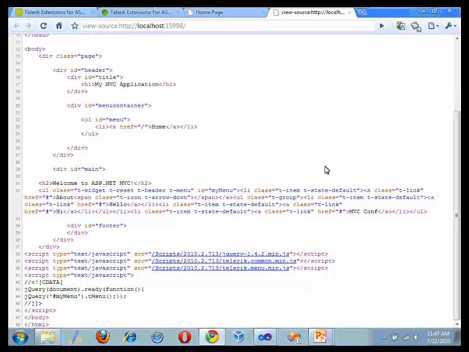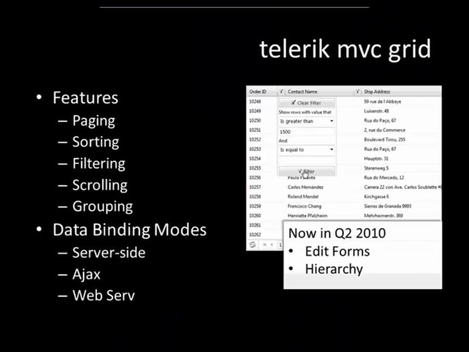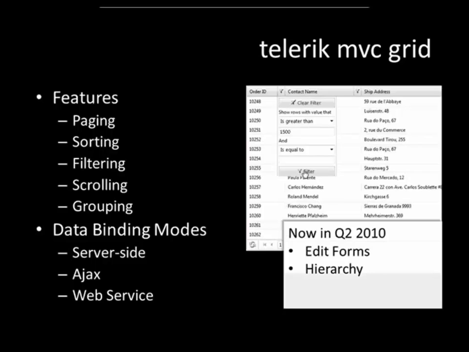So let's go back and talk about how much deeper we can go. We're going to focus on some of the major UI extensions to give you that rounded-out perspective of what you can do. And when we talk about major UI extensions with MVC especially, the first place you always have to start is